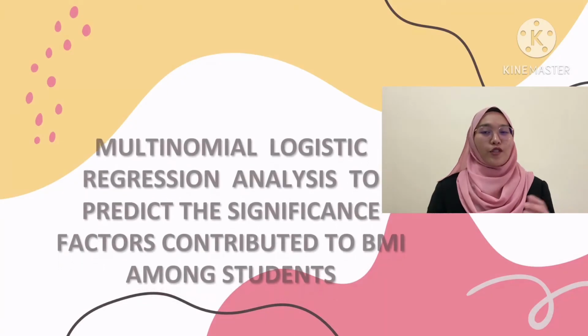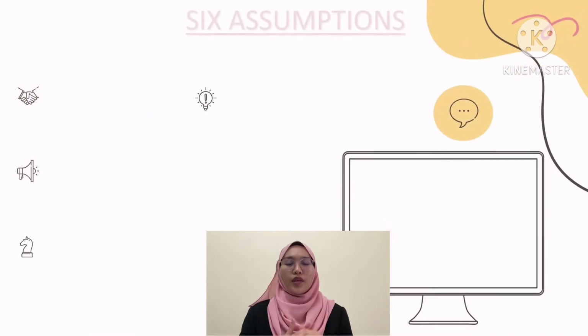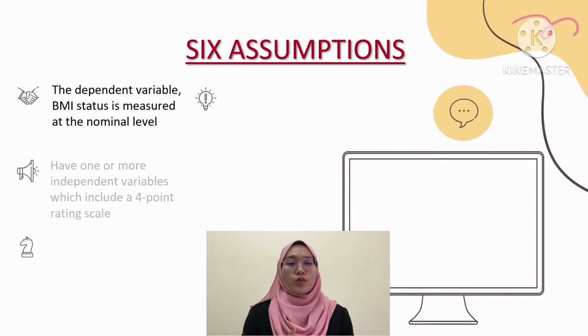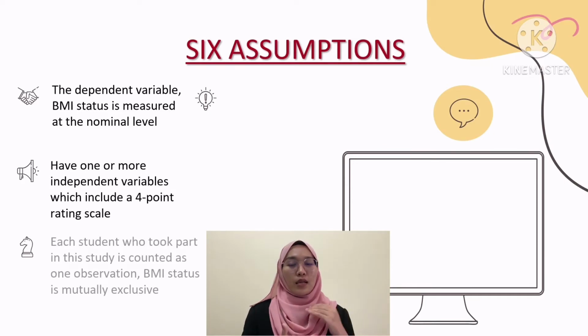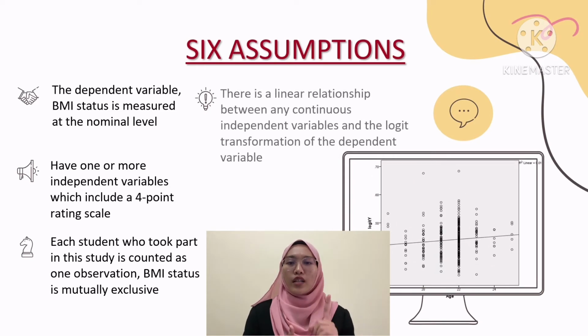So, let us move to the second objective analysis. For this objective, multinomial logistic regression analysis had been applied as the dependent variable of this study is nominal, which is BMI status, divided into 4 categories: underweight, normal, overweight, and obesity. To proceed with multinomial logistic regression analysis, 6 assumptions need to be fulfilled, while the first assumption had been fulfilled earlier. For the second assumption, the study needs to have 1 or more independent variables, which in this study,